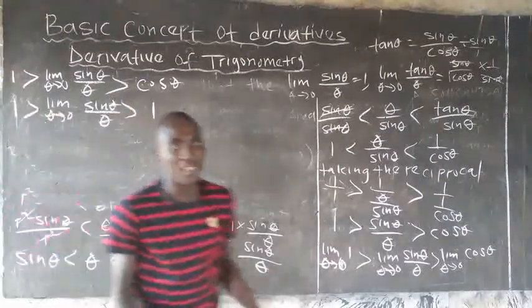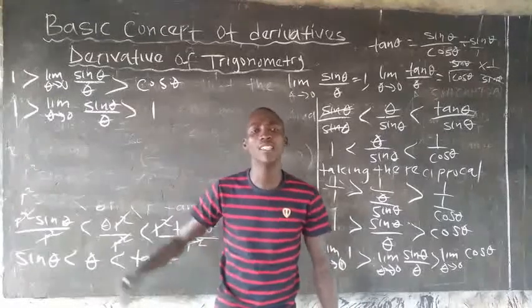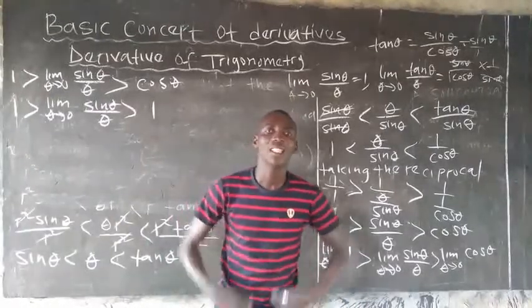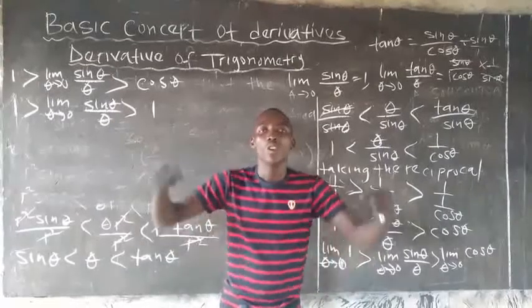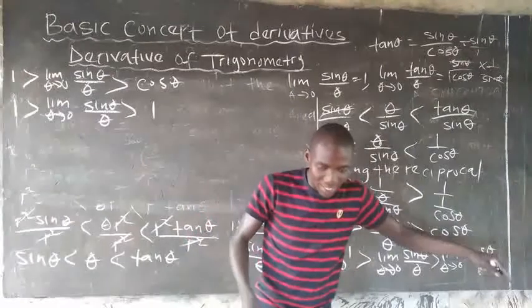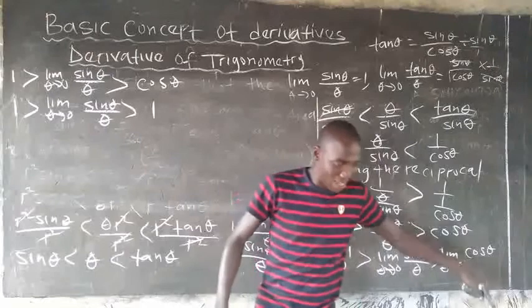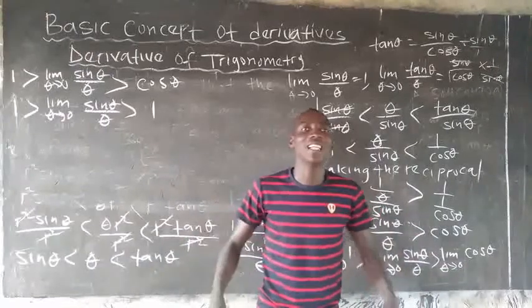Let's assume that you are greater than 1 and you are also less than 1. What do they mean by that? That shows that you are equal to 1. You are less than 1. I am less than 1 and I am also greater than 1. What do you mean by that? I am less than 1, I am also greater than 1. It means that I am